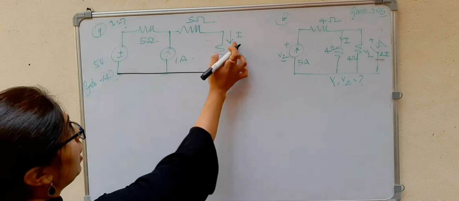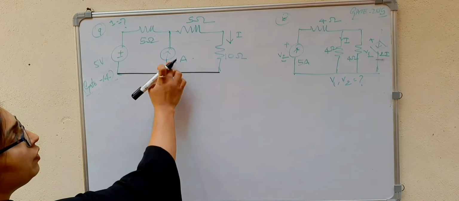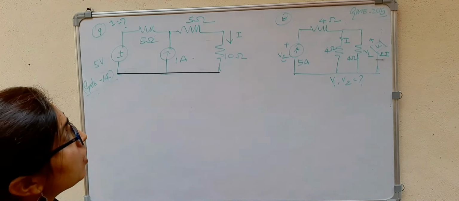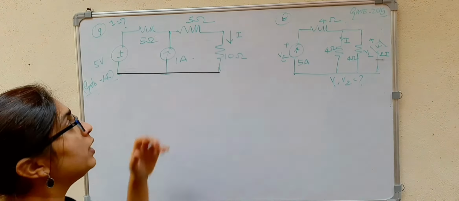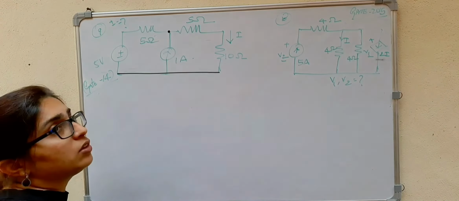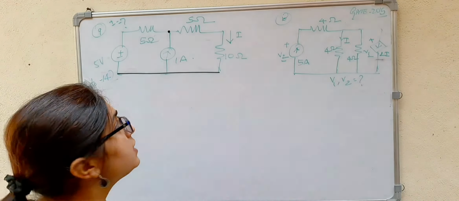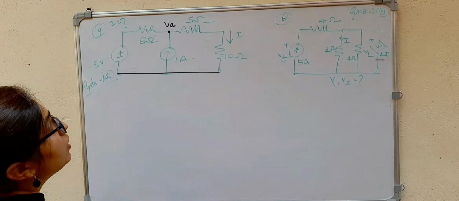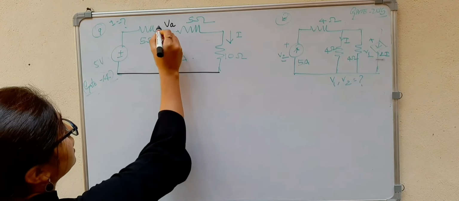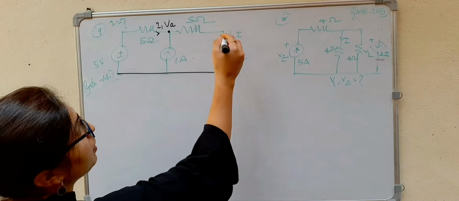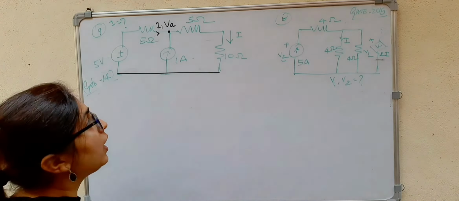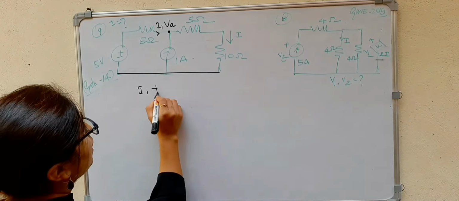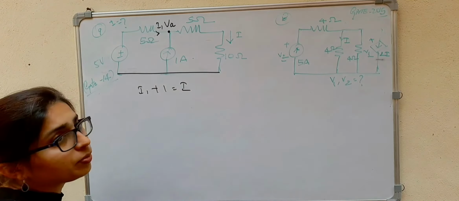So to find I here, we are given this circuit. Okay, to find I, at this particular junction point I will be applying the KCL. Let me consider this as VA. So at VA, we have this as incoming current I1, this is incoming current, and this is outgoing current I. So I1 plus 1 will be equal to I.